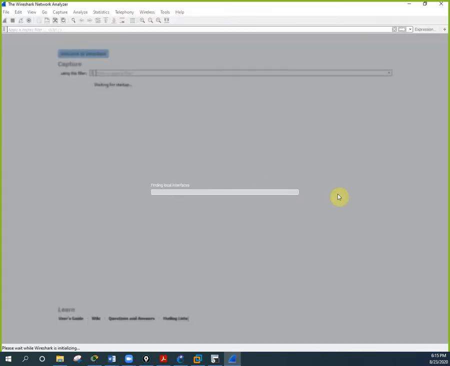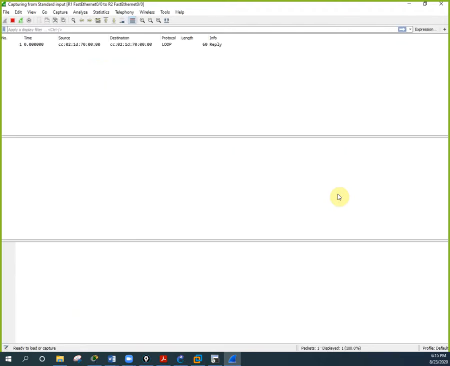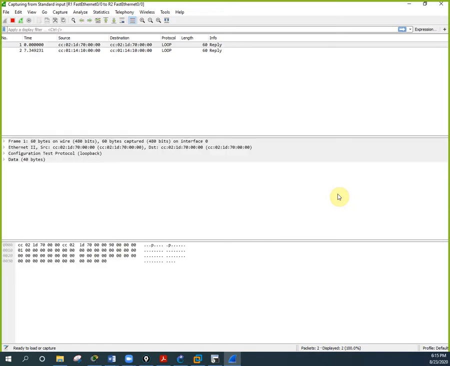So this is a Wireshark network analyzer. This one is used for troubleshooting and to check if we have any issue in our network, or if we want to capture any packet or get any detail, we use this tool. When we open this tool, we will see whatever communication is going on between these two routers, this interface.